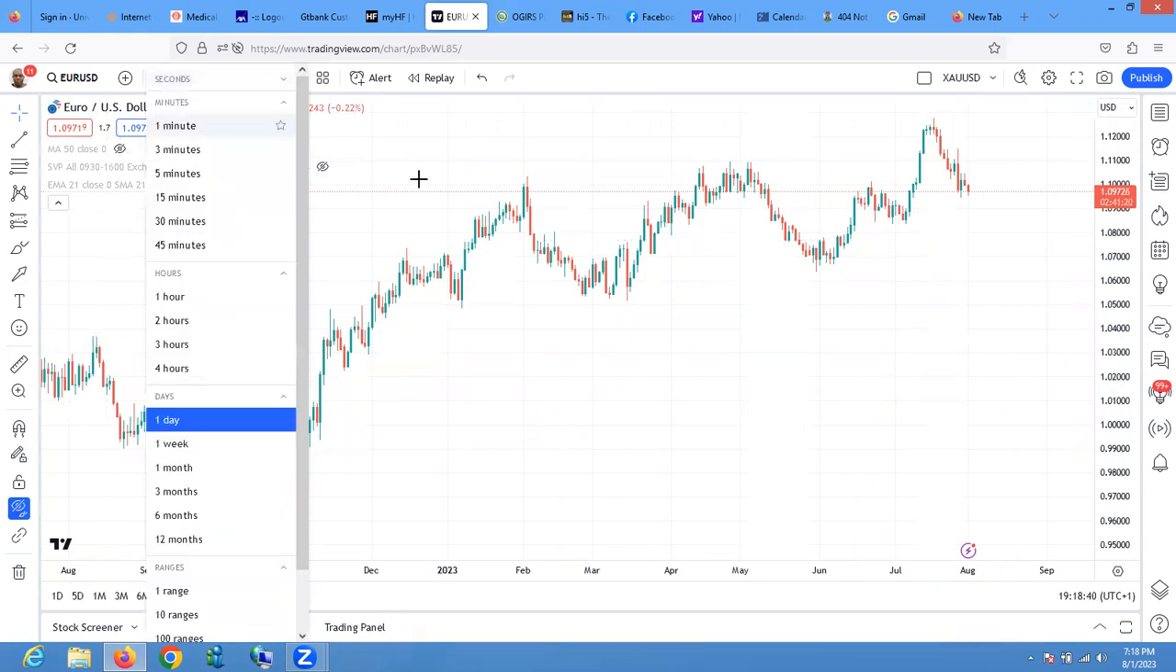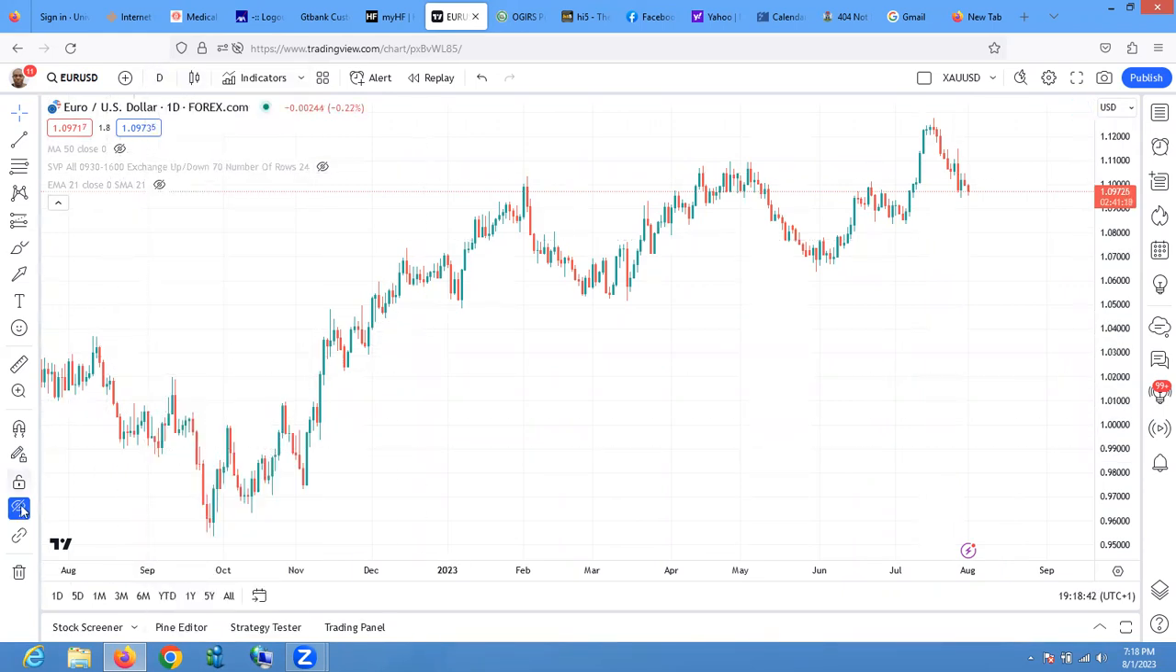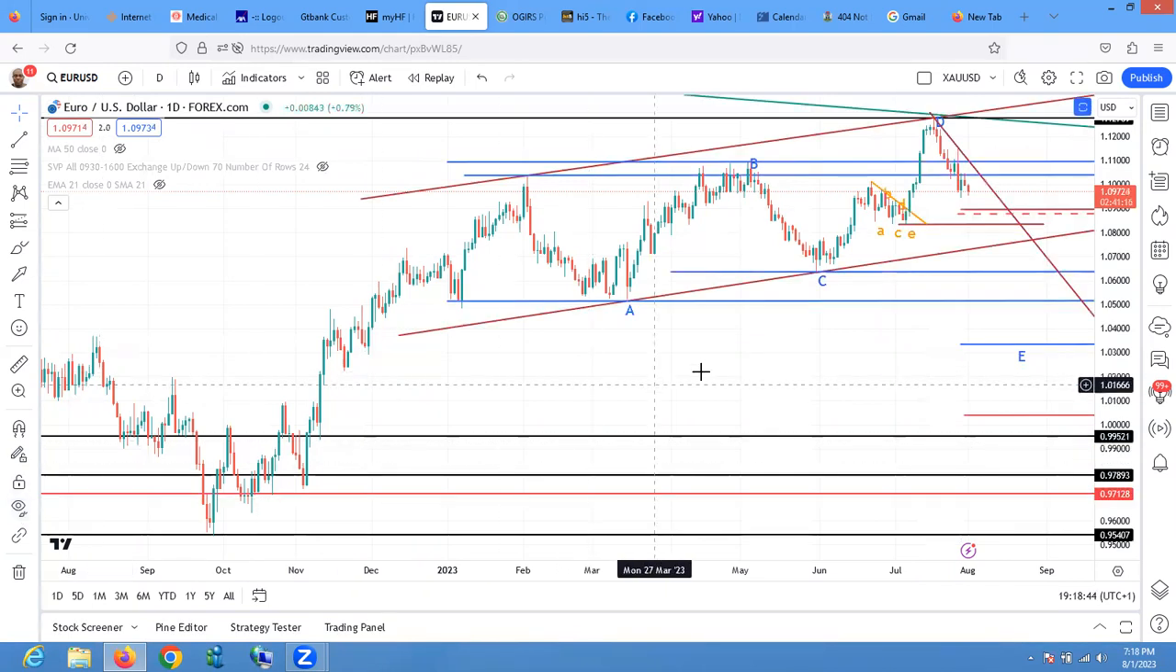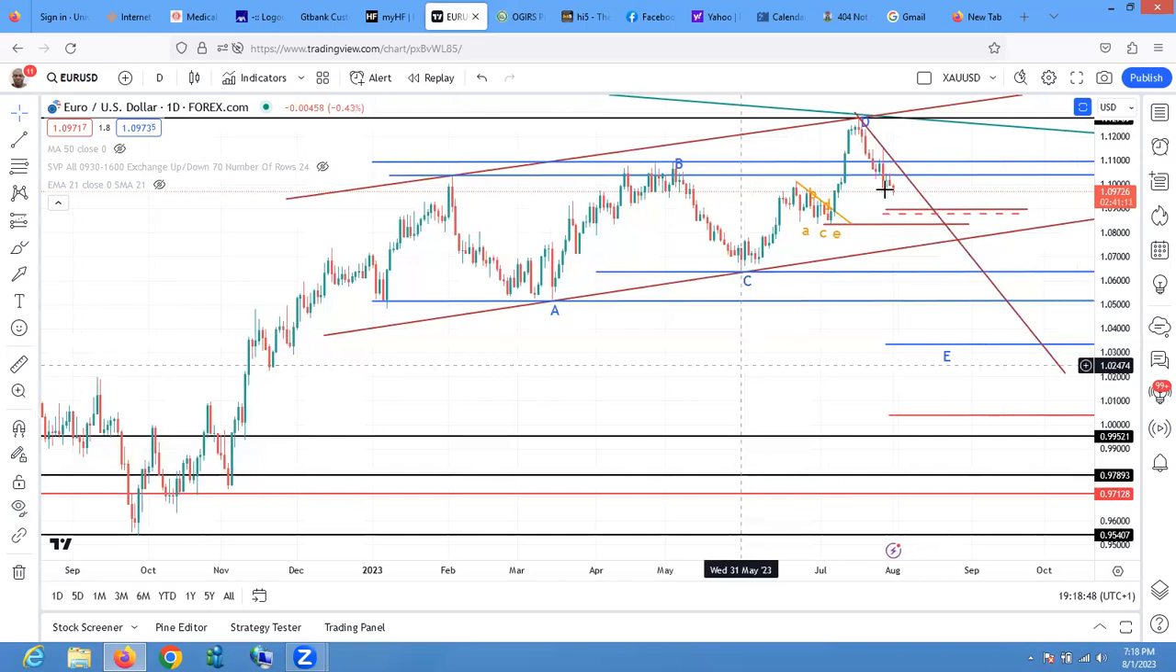Let me go to the weekly. Okay, let me just stay on the daily and bring out my drawing for us to see. So looking at this drawing, this is what we saw here, an